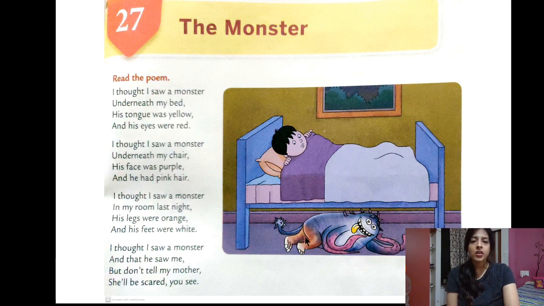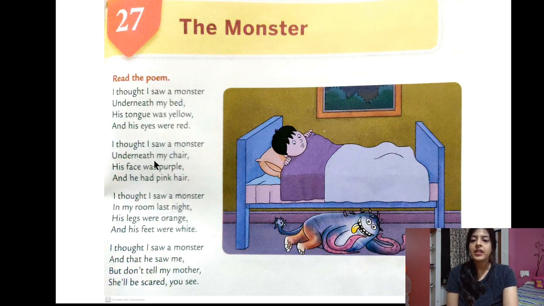I thought I saw a monster and that he saw me. The poet thinks that when he was watching the monster, the monster was looking back at him. But don't tell my mother, she'll be scared, you see. So the poet doesn't want to tell his mother that he has seen a monster underneath his bed. Where did he see a monster?